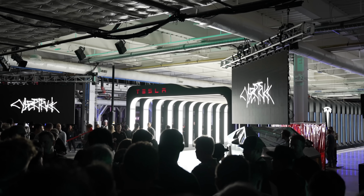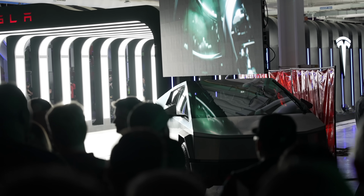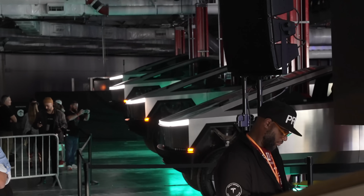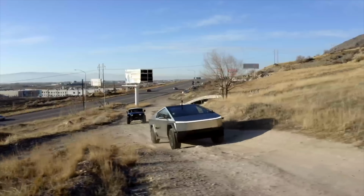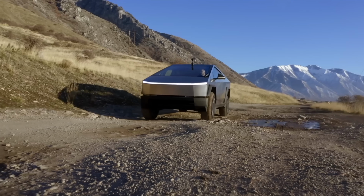Since its release just a few months ago, the Cybertruck has been turning heads all across the United States. Love it or hate it, Tesla has released one of the most interesting and unique vehicles that we've ever seen. After getting the chance to drive it myself, I can confirm Tesla has really made something special here. I think it's a great product that drives well and delivers a ton of great features in a style all